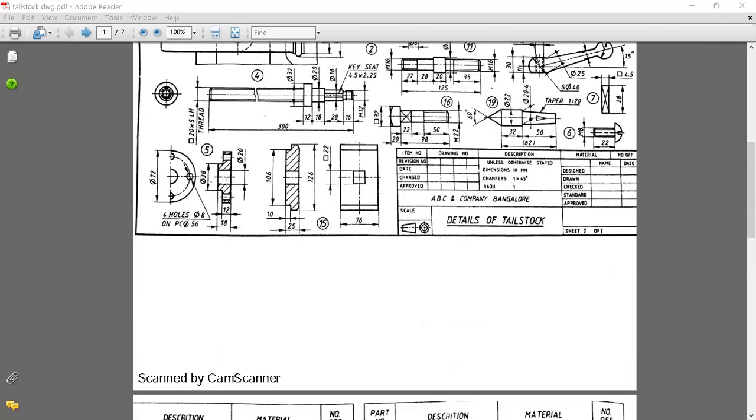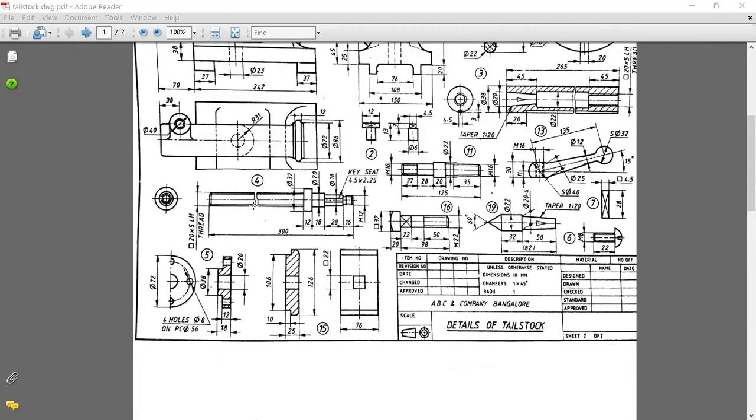For the screw spindle, they have given two views. Again, this is the front view, which is showing 300 mm dimension, and this one is the side view. Next, the fifth one, next one is this bearing.